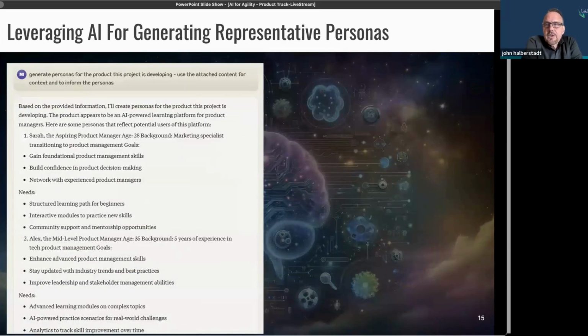So one of the other areas that I found that was incredibly helpful from my perspective in terms of leveraging generative AI is also for persona development. So from that, again, continuing with that context that I'd had before, and this is another one of those superpowers, is if I'm using this in the same chat, it knows what I've already been talking about so far. So I don't have to start from scratch each time.